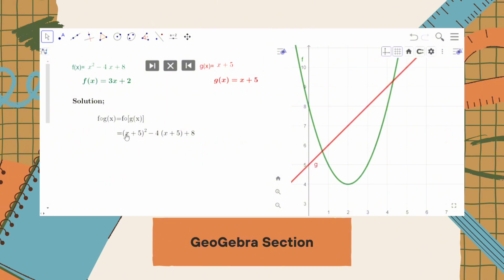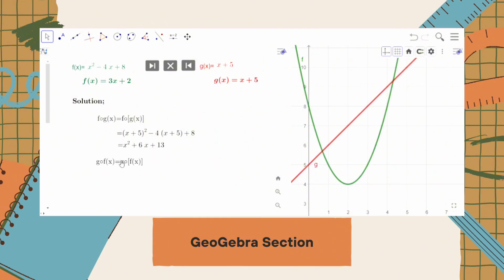So it will become like this: (x + 5)² − 4 in the place of x in g(x), plus 8. So the answer will become x² + 6x + 13. Okay, so next question,